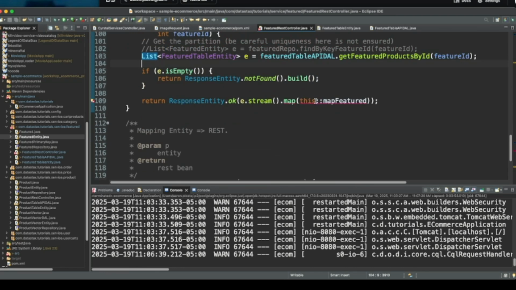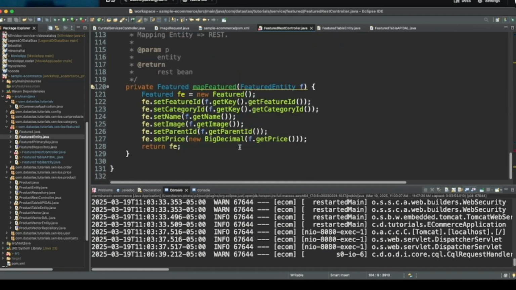But our mapper of map featured, if you remember, expects this featured entity type, not the featured table entity that we had just created. So really, the easiest way around this is, if I just go into here and say